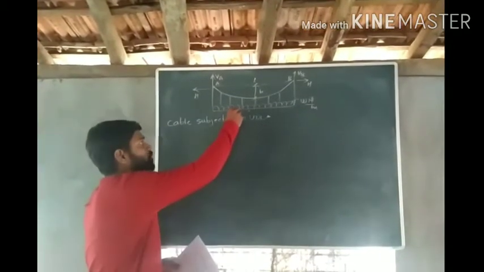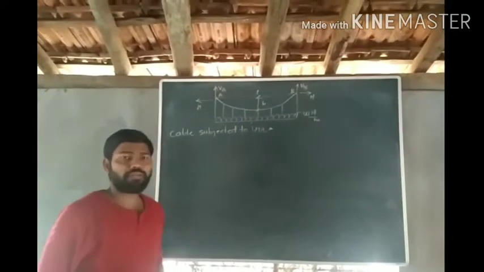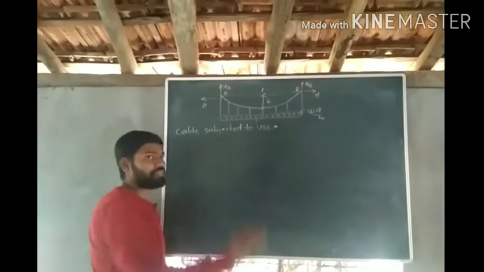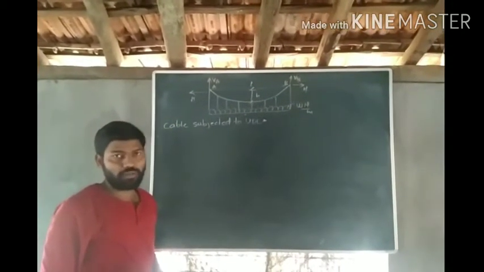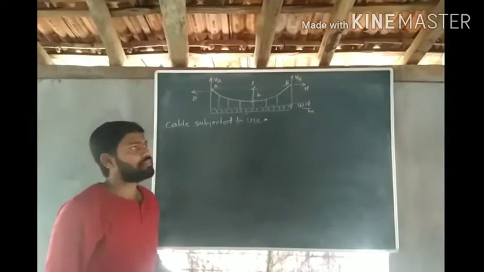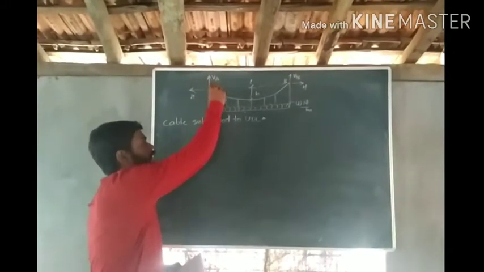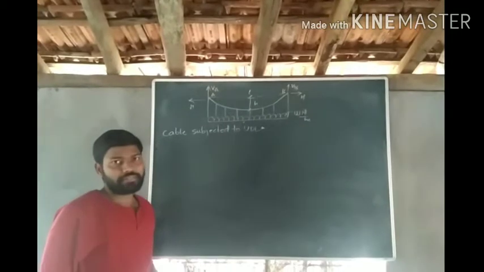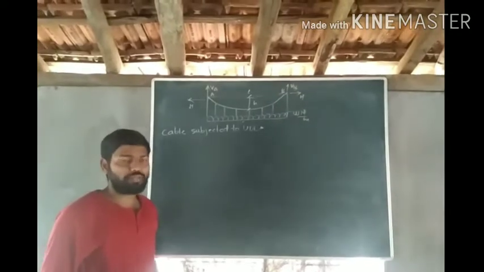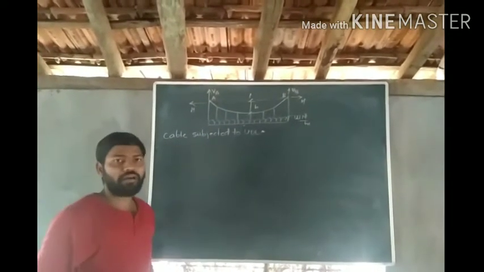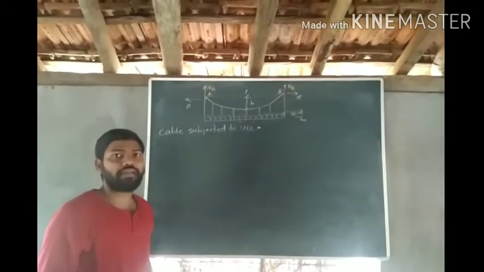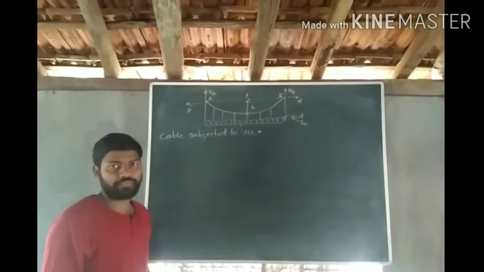Suppose there is a point load on the deck slab. The point load on the deck slab is again transferred to the suspender and then to the suspension cable in the form of uniformly distributed load. Because the number of suspenders attached to the main cable is too large, it is taken as a uniformly distributed load on the suspension cable. So it is necessary to study the behavior of the cable under the uniformly distributed load, because this is the most common case in analyzing the suspension bridge, in analyzing the stiffening girder.